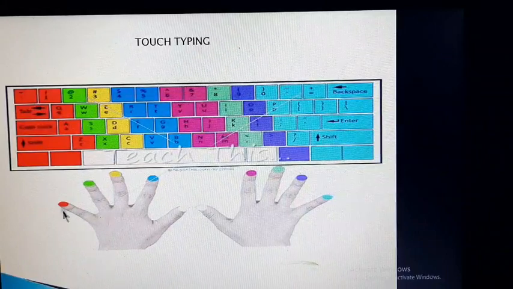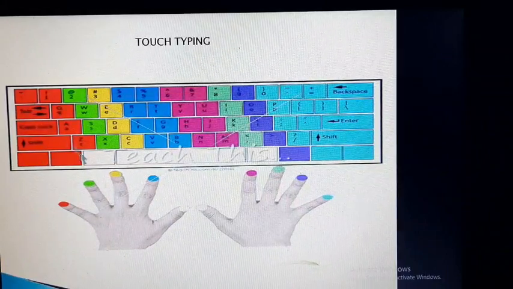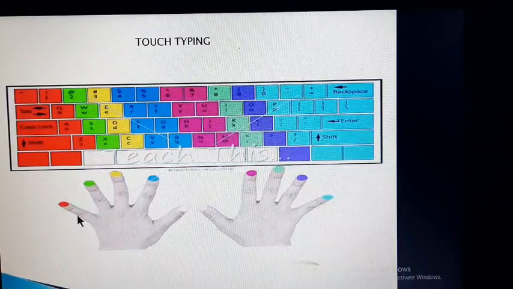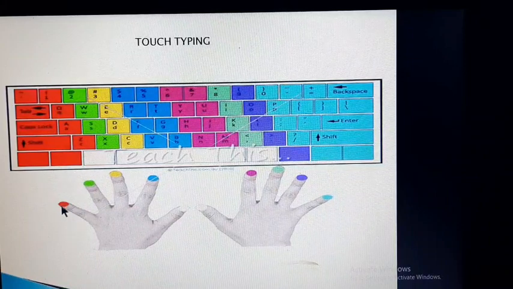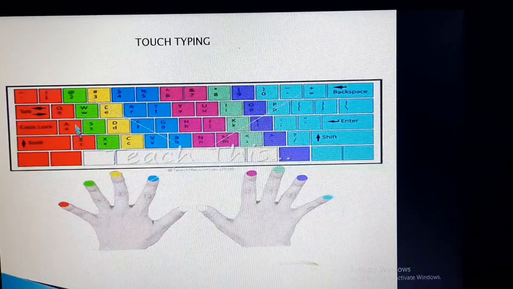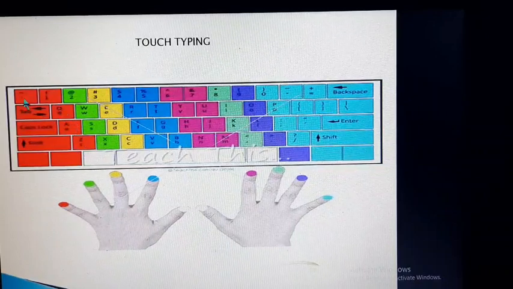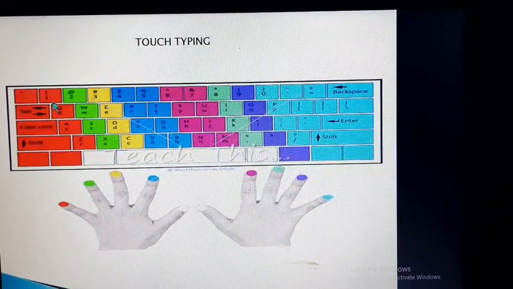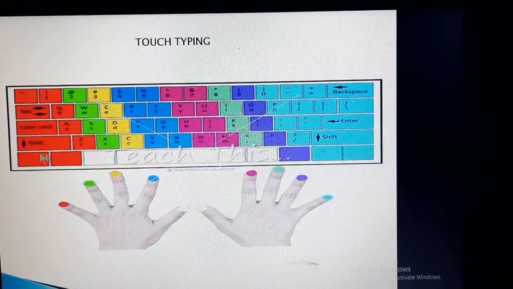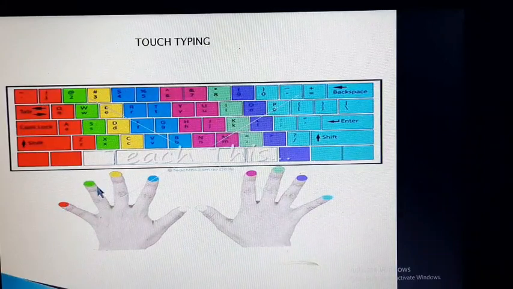This is the keyboard. The color of each finger indicates which characters are reserved for that finger. These keys are reserved for the little finger.